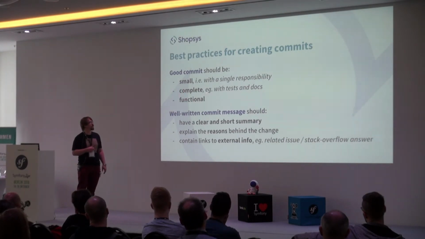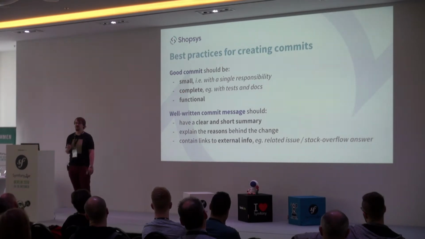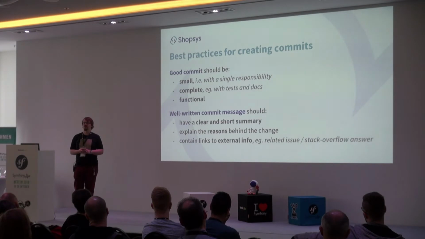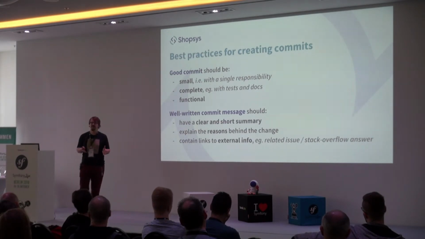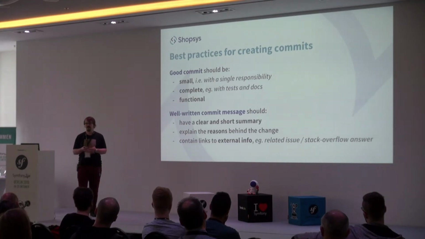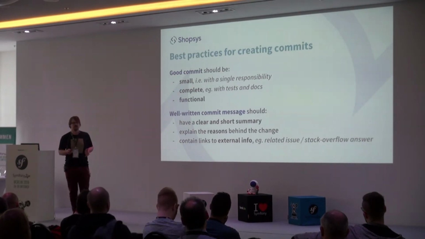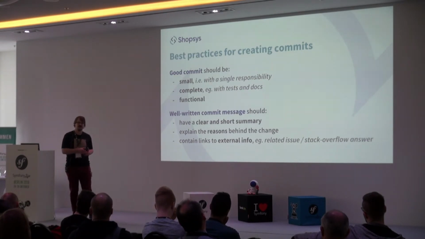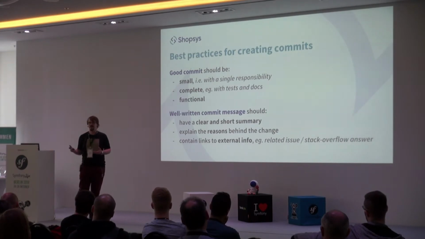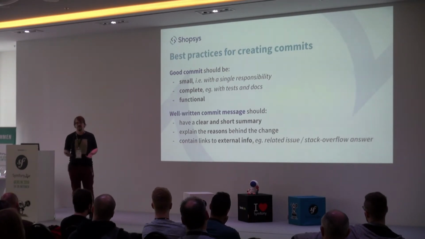And the complete practice means that you should not do a modification that has no meaning, that has only meaning when it's really completed in full. For example, having a feature and then having tests for the feature. This should be a single commit